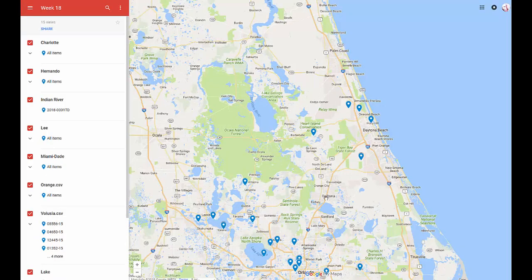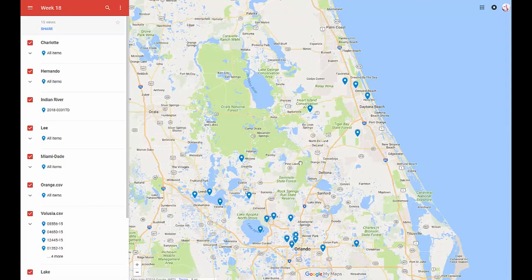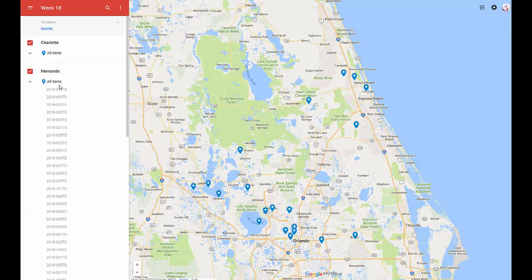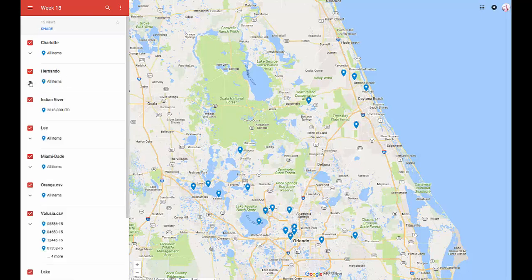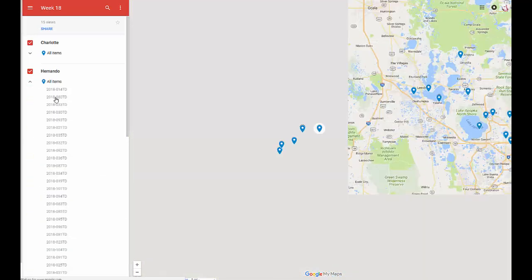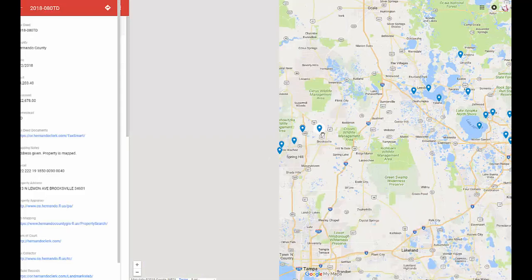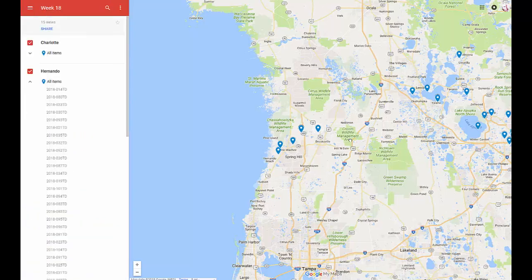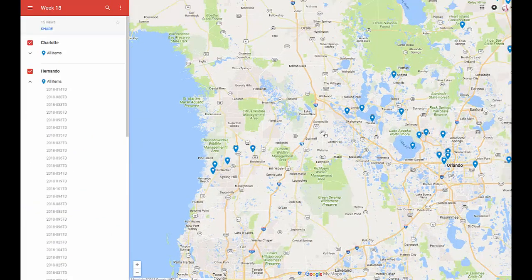And here is how the map would look as it's shared to you, with each of the counties having their own layer, and underneath, if you click on the down arrow, it'll show you all the tax deeds for Hernando County, which is this one. And if you click on one of them, it'll highlight it on the map and bring up the information to the left. Or you can search and look by the map, which I'll click this one here,